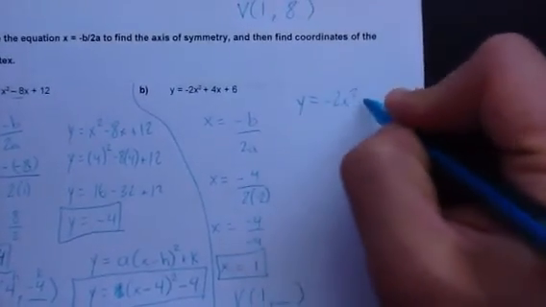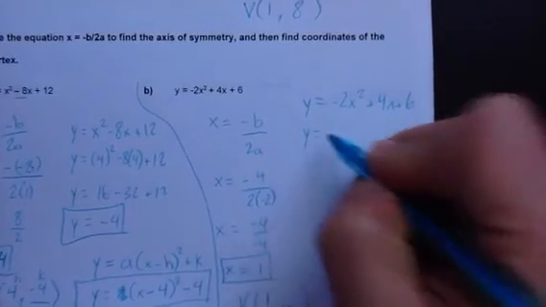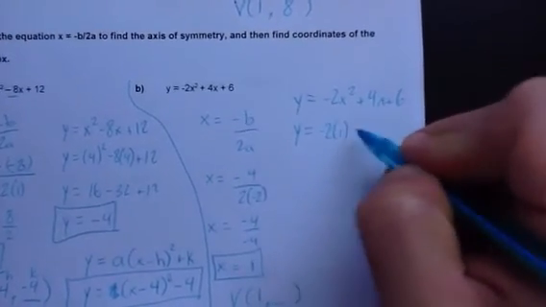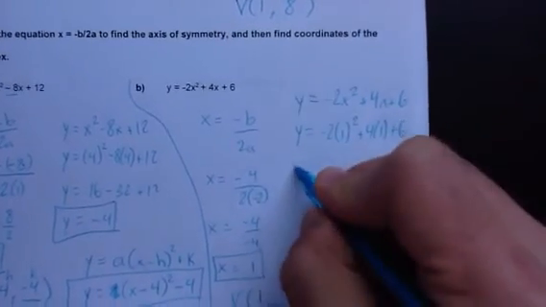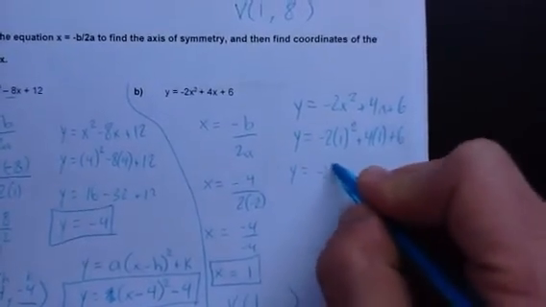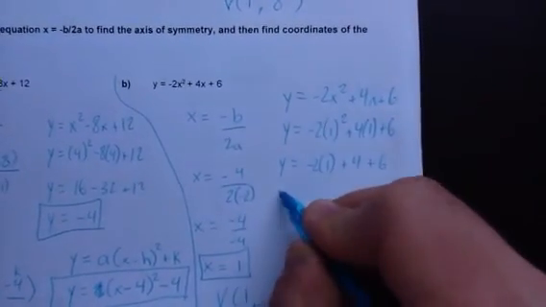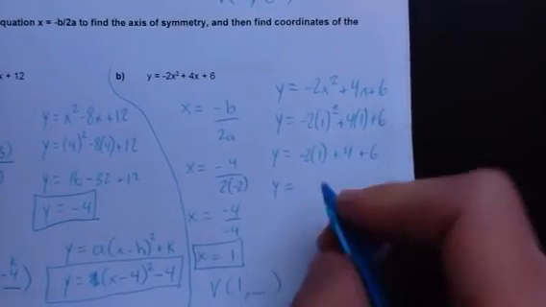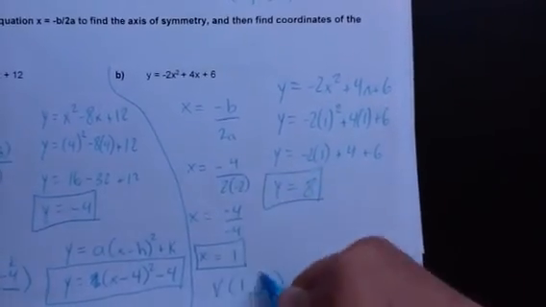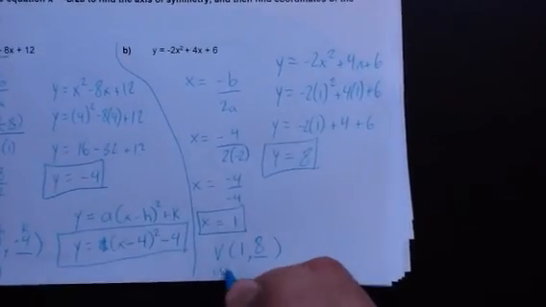So I'm going to rewrite this formula, and I'm going to plug in x equals 1. So this is y equals negative 2 times 1 all squared plus 4 times 1 plus 6. So y is equal to negative 2, 1 squared is 1, 4 times 1 is 4, plus 6. So essentially I have negative 2 plus 4 plus 6, and that is equal to 8. So I know that the vertex is (1, 8). What is my a value? My a